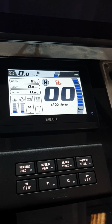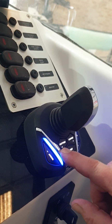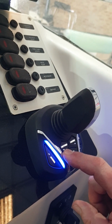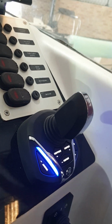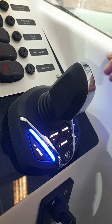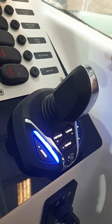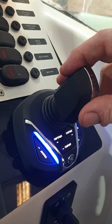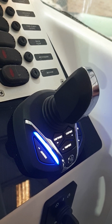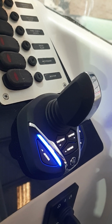And the drift point button is usually on the joystick used in conjunction with the navigation, and that's to give you a controlled drift onto a particular point, and you want to try and drift roughly with the prevailing conditions, but the Helm Master will help you drift in a nice straight line and run that reef line that you want to run along. I think we'll leave it at there for the moment. I'll kill